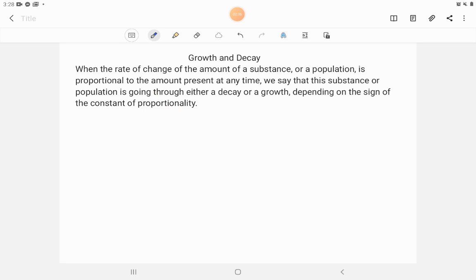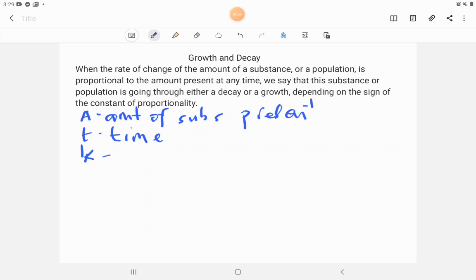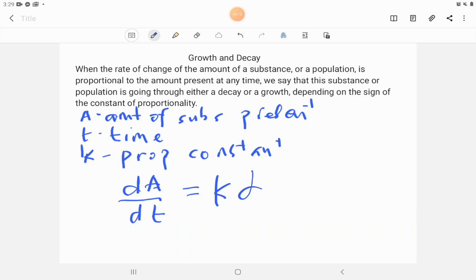For instance, we have A as the amount of substance present at any given time, and we have T as the time, and we have K as the proportionality constant. Then the differential equation we have is dA over dt, which is the rate of change of the substance, is directly proportional to